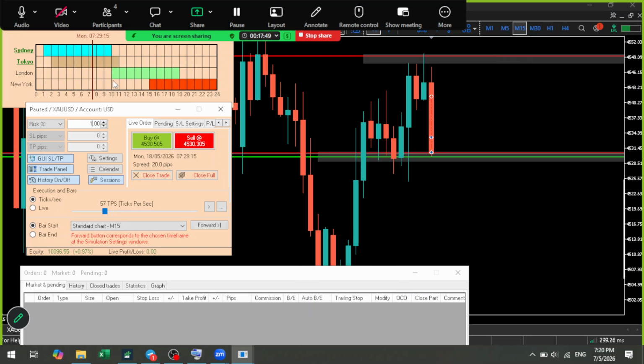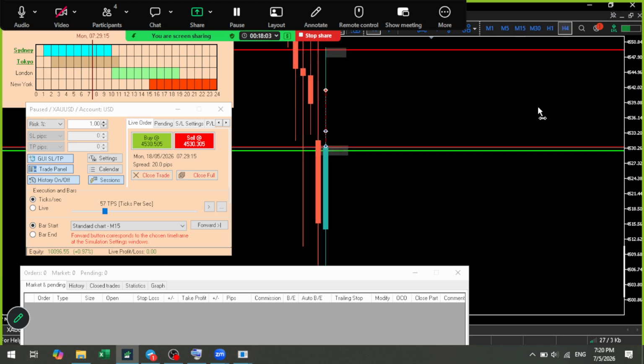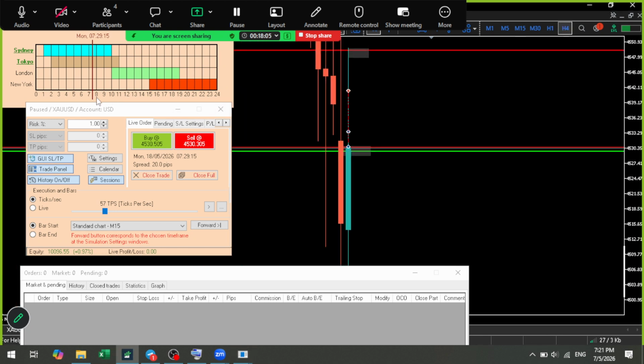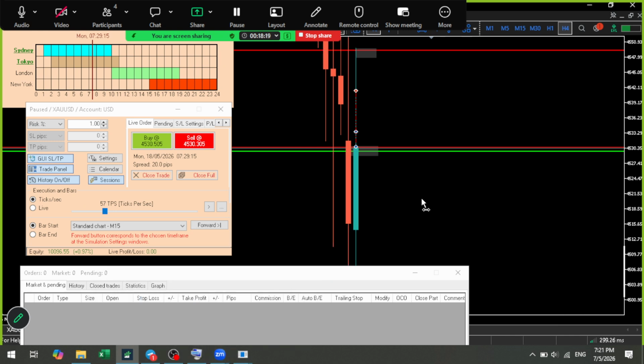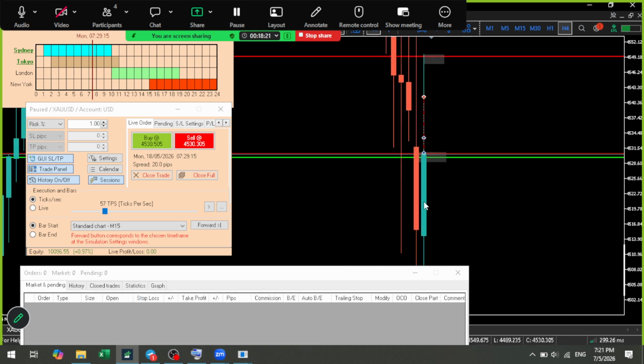As you guys can notice, I didn't trade London Open and not even pre-London. I traded before that, but the idea behind this is that there is a 4-hour candle closing at 8 o'clock. You guys can find the timings according to your time zone, your country, on babypips.com. My browser is not open, my PC is slow, so it will take some time. I don't wanna waste time, so you guys can go on Baby Pips,